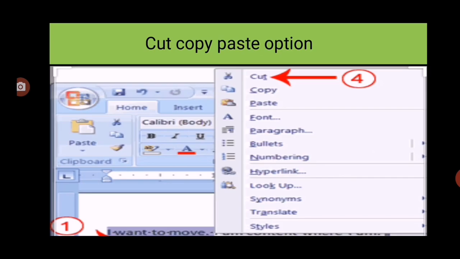Next is cut, copy, paste. How can we use the cut, copy, paste options? There are 3 methods. First, you go to the Home tab, click on the Clipboard group, and then you can see the cut, copy, paste options are here. Next is